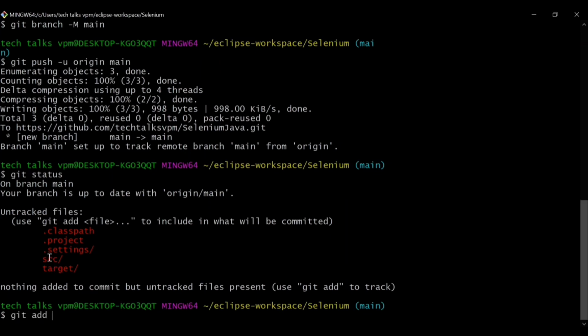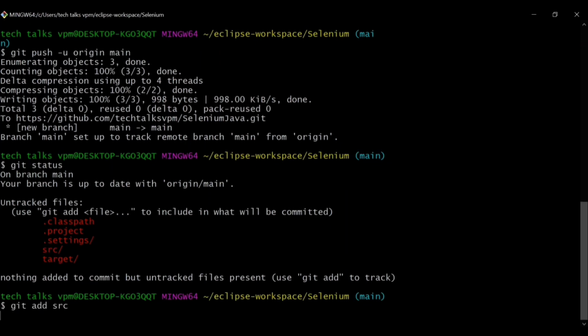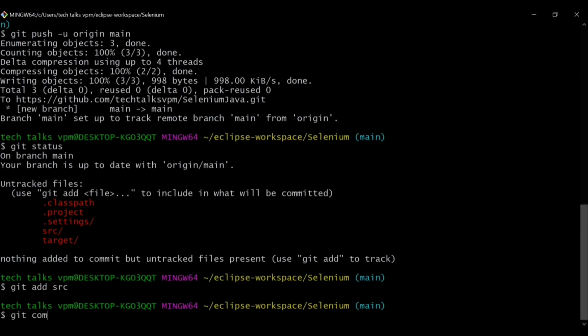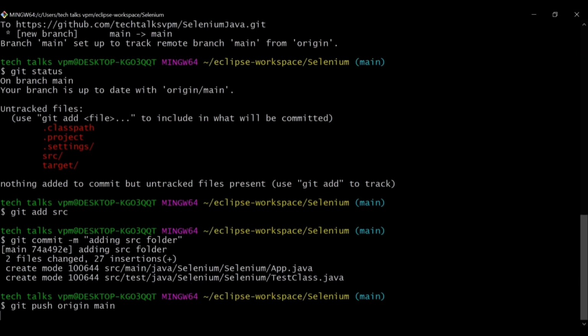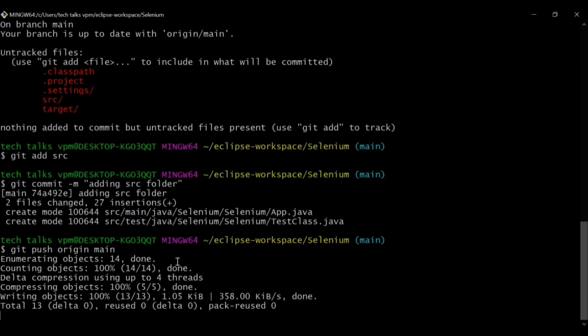Now we can add the src folder by using the command git add src, and you can commit it using git commit -m and then give a commit message, and then you can push the code. You can push the code using this command also, git push origin. If you want, you can remove -u. You can just simply put git push origin main, where main is the branch name.